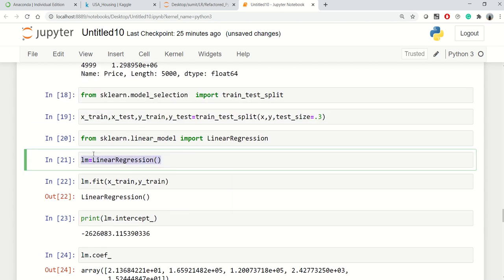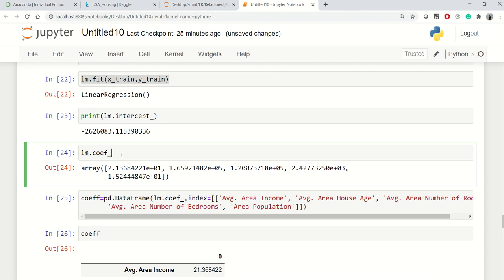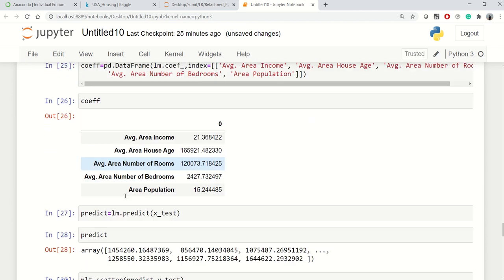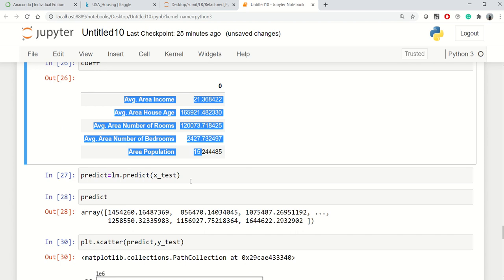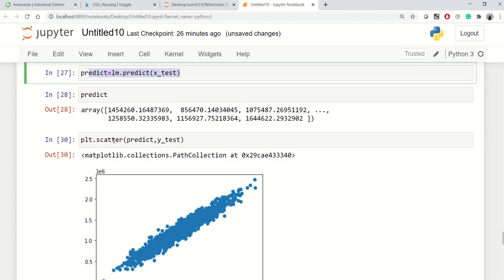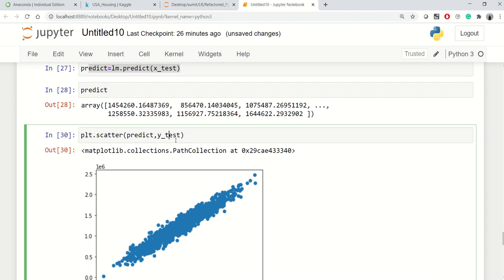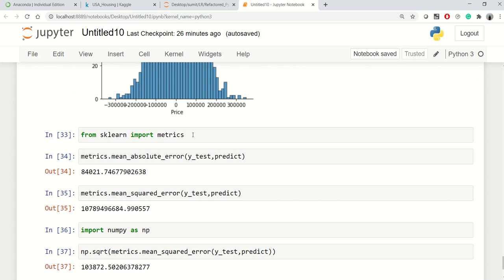Finally, we learned to call the linear regression method from sklearn and to train our model. Based on that, we printed the values for intercept and coefficient, and then we learned how to interpret these coefficient values. Then we did some prediction, and we plotted our predicted value versus the actual value, and this is our error estimation in the model.